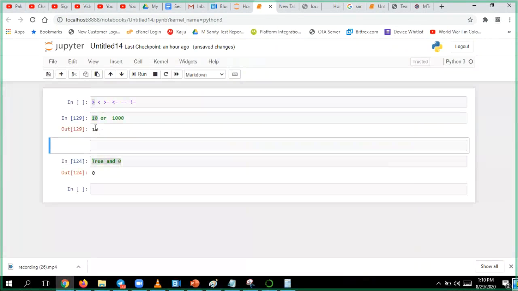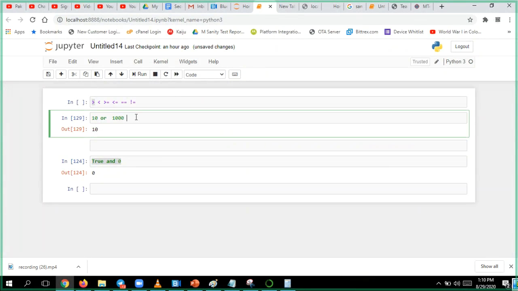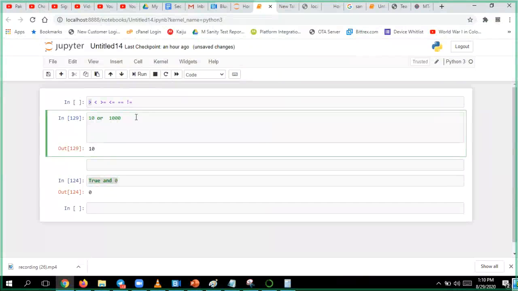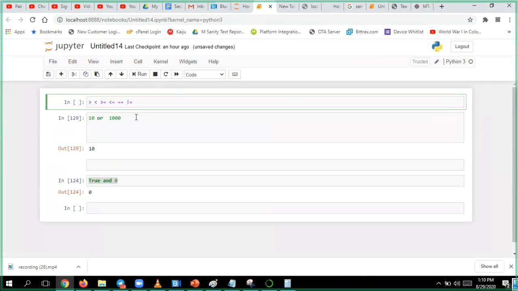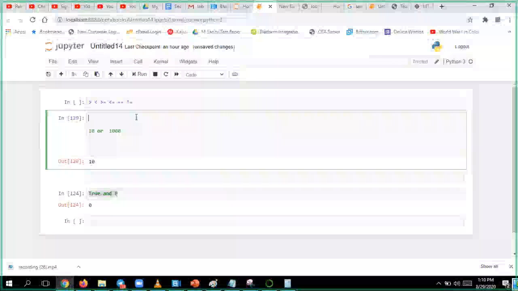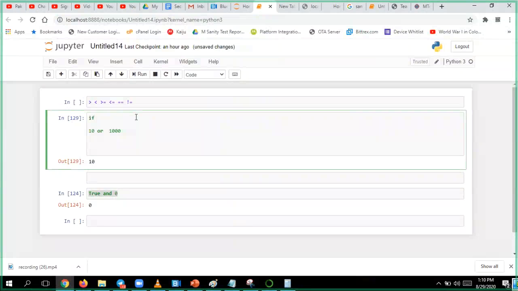So two things to remember. For AND, I will write here. This is for the AND logical operator.